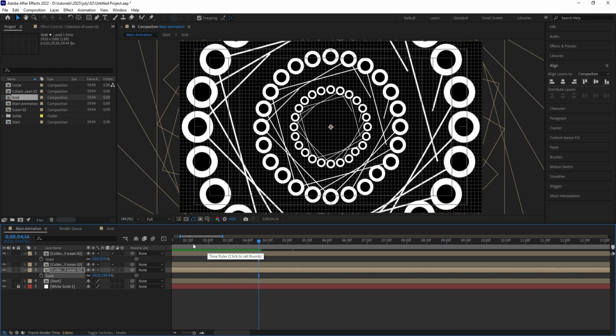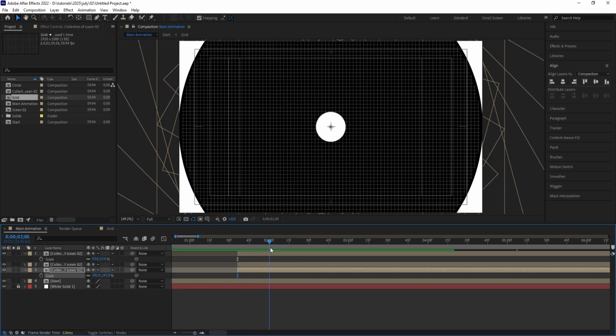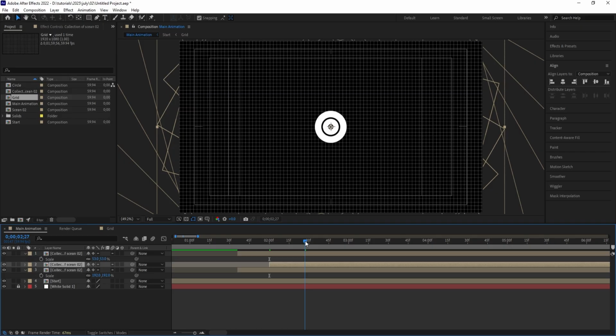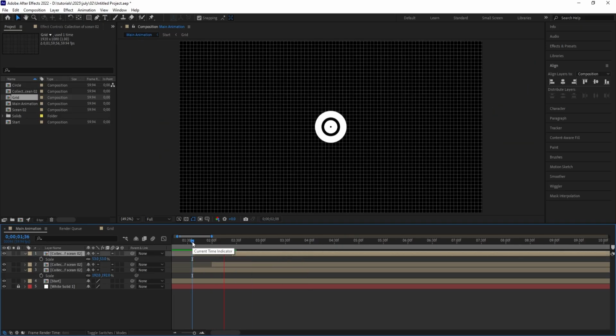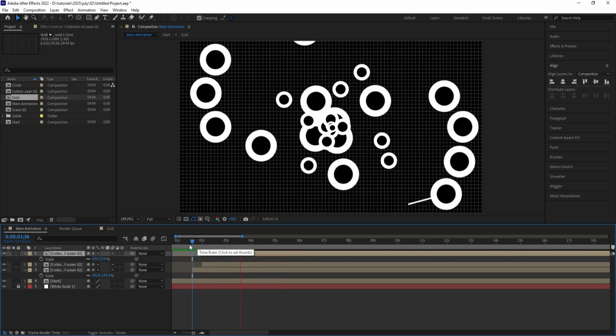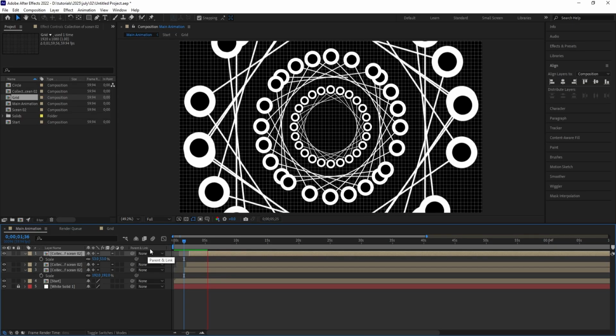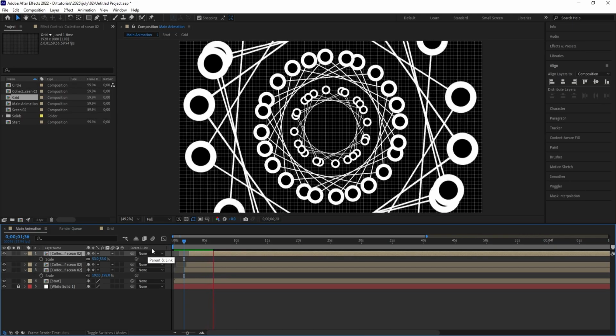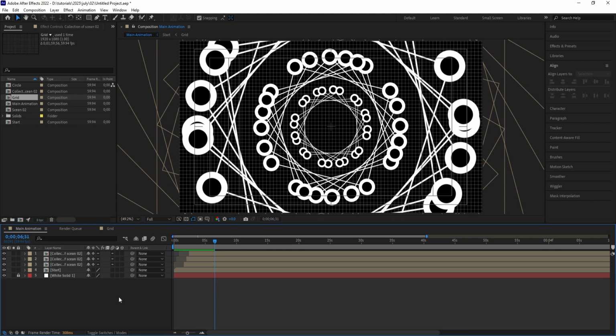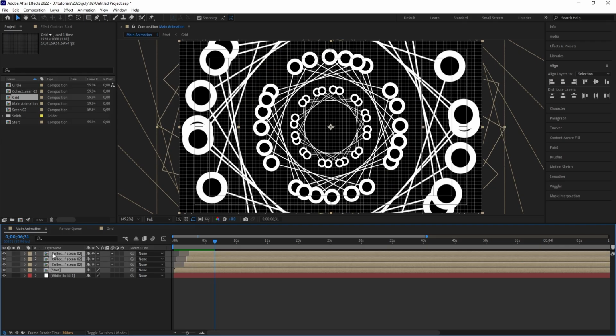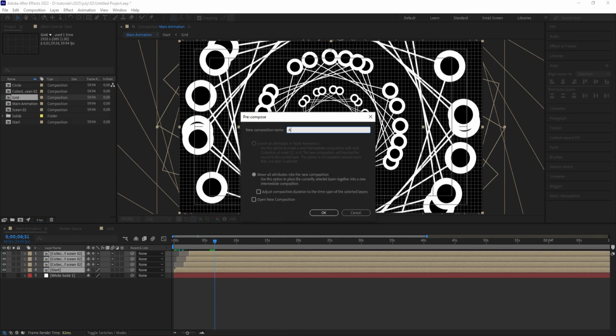And over here as well, you can take a distance of few frames between this animation over here, and let's go over here and bring this animation over here like that. Okay, like this. So you will get this animation over here. Now what we can do over here, we need to split this animation. So let's select all of these layers and press Ctrl Shift C to pre-compose, and we will call it as